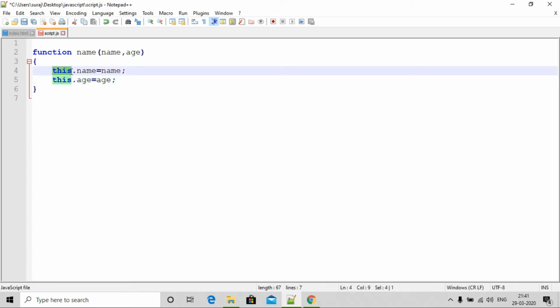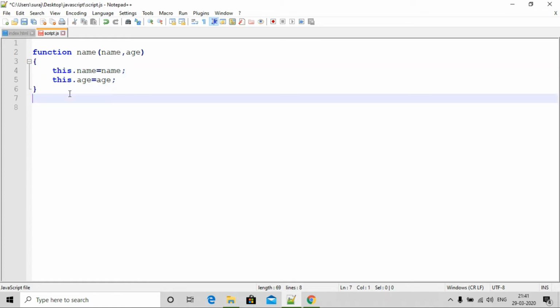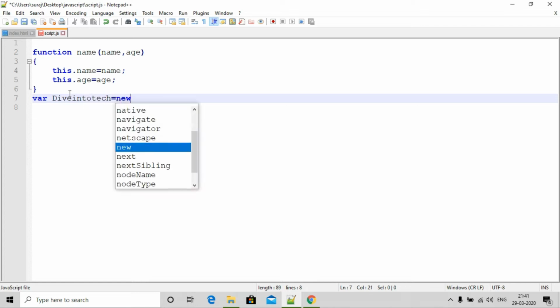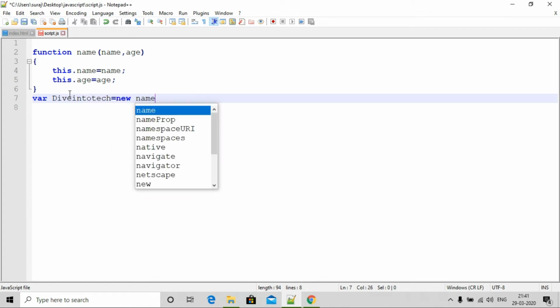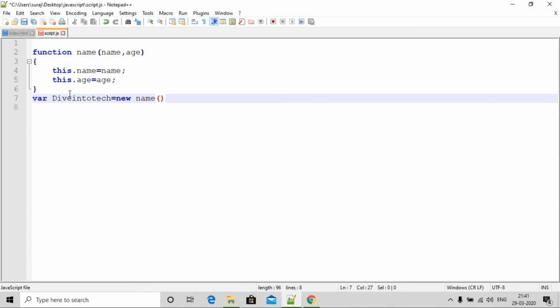Here I have used the this keyword so that it could point to a particular object. Now let me create a variable here with an object, var diveintotech is equal to new name, and here we pass